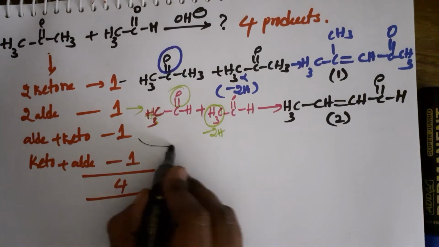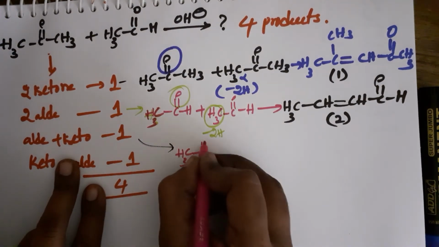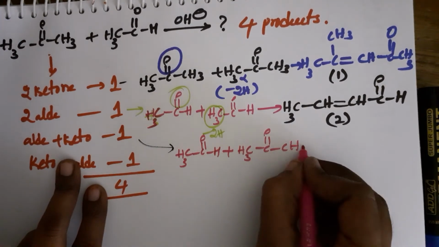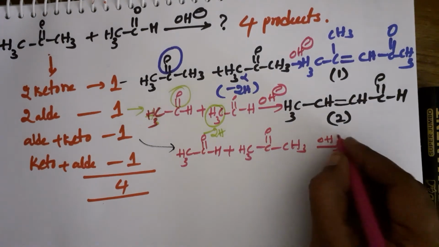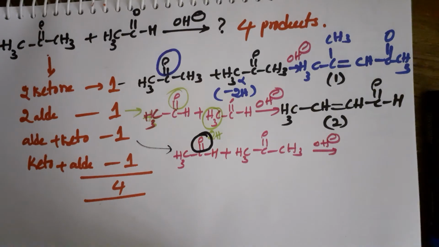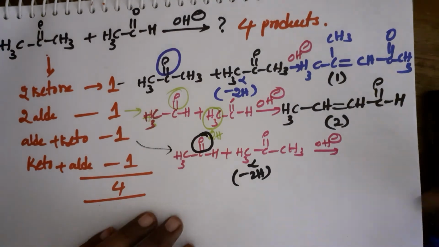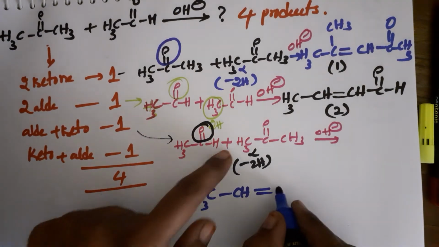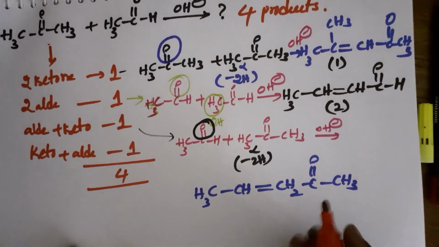And coming to the third one, here one aldehyde and one ketone. First I am taking the aldehyde, CH3, C double bond OH, and it reacts with the ketone, CH3, C double bond O, CH3. In the presence of base only, the reaction will take place. Next, what will be the product? See, remove the double bonded oxygen in one aldehyde, and from the alpha carbon remove two hydrogens like this, and we'll get first CH3, here CH remains as it is, then double bond, then CH2, then C double bond O, then CH3. Okay, this will be the third product.